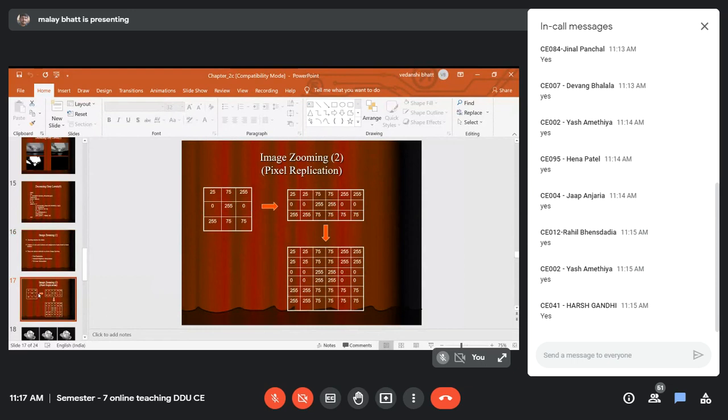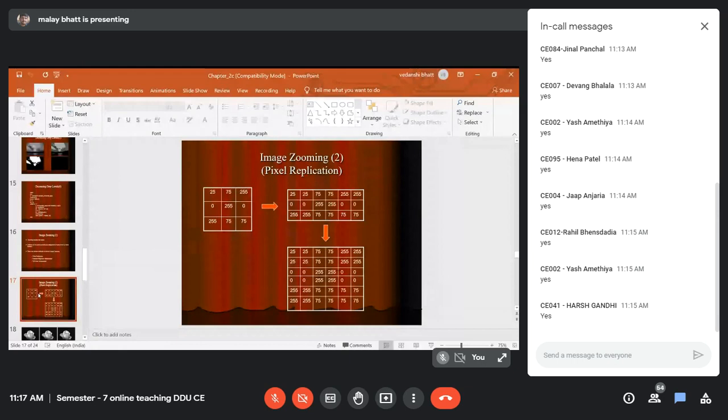It is very easy. We just replicate the pixels. So here you can see we go from the original image of 3 cross 3 to a 3 cross 6. We are replicating the columns first.